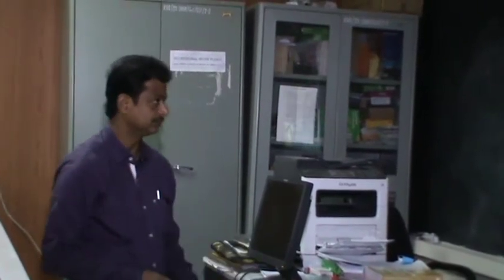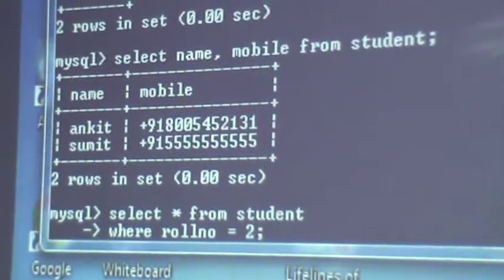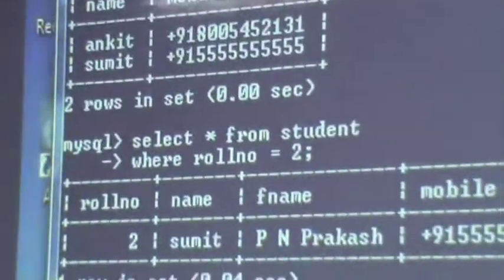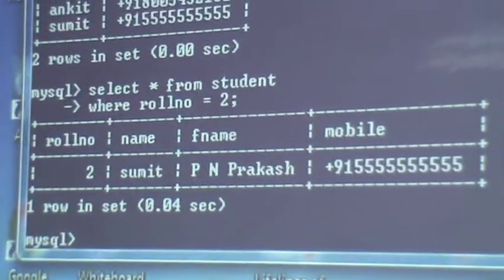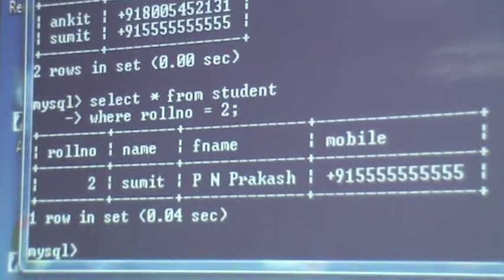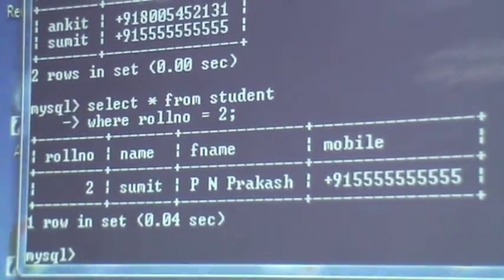See the query? Select star from student where roll number is equal to 2. Enter. You can see here the roll number is 2, name is Sumit. Likewise, you can make any condition on any column of the table.